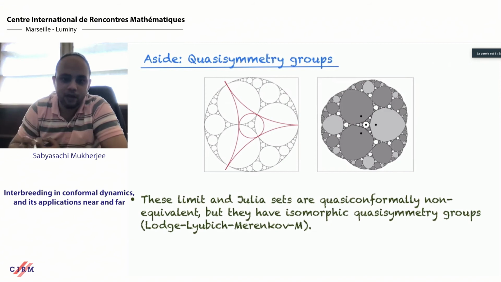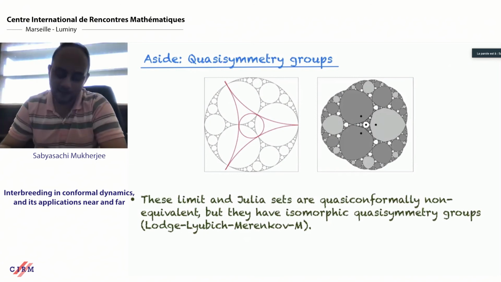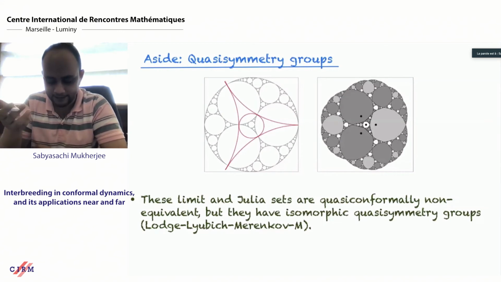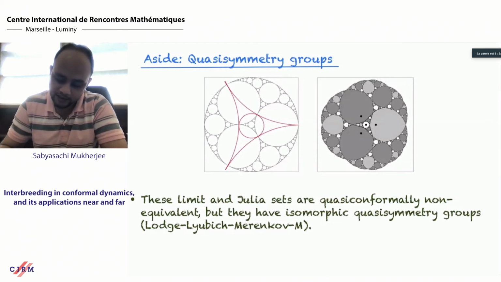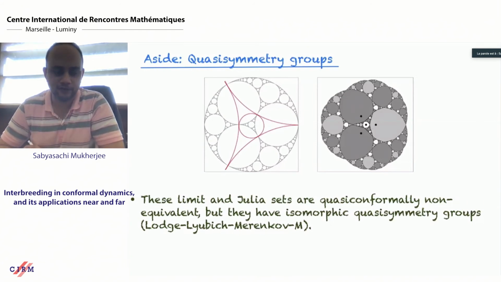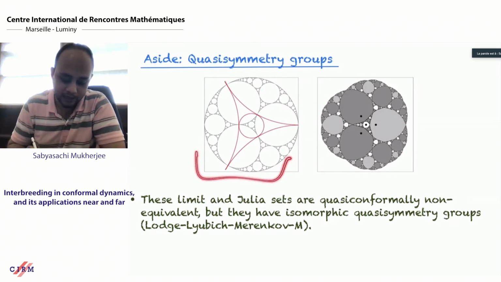But somewhat surprisingly, although they are not quasi-conformally equivalent, they have the same quasi-symmetric groups. They have isomorphic quasi-symmetric groups. One thing that I don't know: we learned from In-Sung's talk that the Ahlfors regular conformal dimension of this guy, because this is a critically fixed map and it's a Cauchy map in the terminology, has Ahlfors regular conformal dimension 1. I do not know the Ahlfors regular conformal dimension of the Apollonian gasket, or more generally for the limit sets of kissing reflection groups. That would be interesting to know: in general, whether the Ahlfors regular conformal dimension can distinguish the quasi-symmetric classes of these kinds of objects.